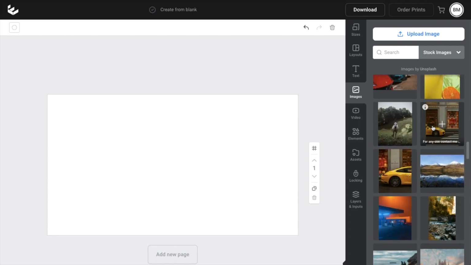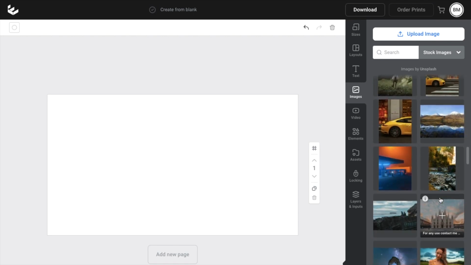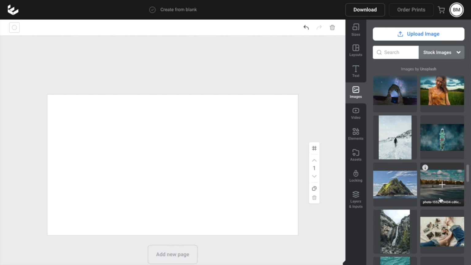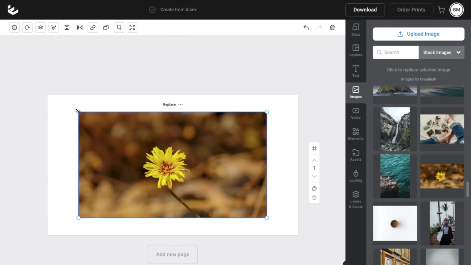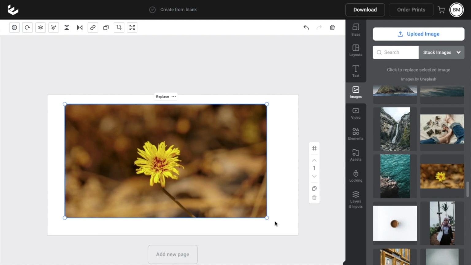Let's just say, for example, of what's a good example? How about this image right here of this flower? This will work perfectly. So if you wanted to maybe crop just the flower part and get rid of the